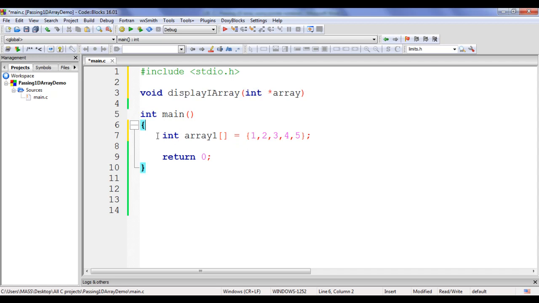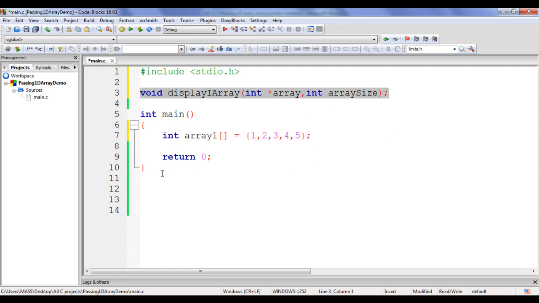To process one-dimensional array, I just need to create a pointer variable, guys. Then I say comma. We know that while passing an array, we also should pass the size of the array, that is total elements available in the array. To hold that, I'm going to create one parameter int arraySize. Then I say semicolon. This is just a prototype of the displayIArray function.